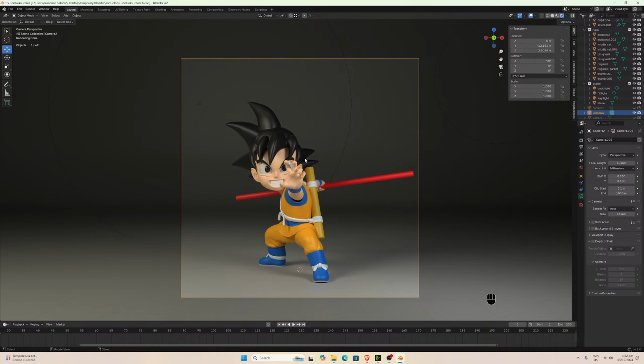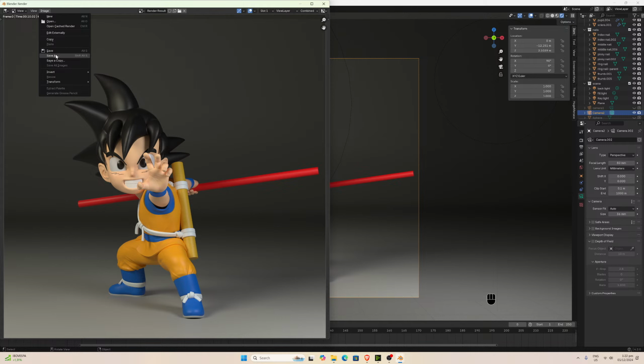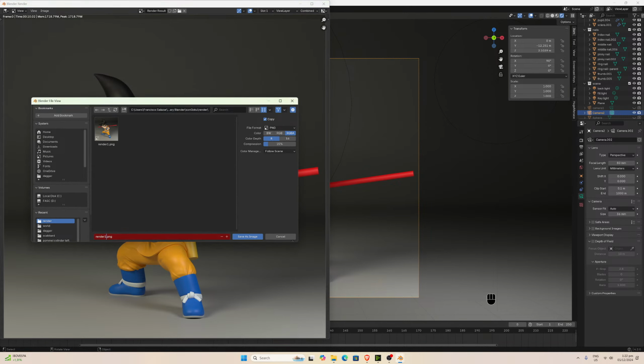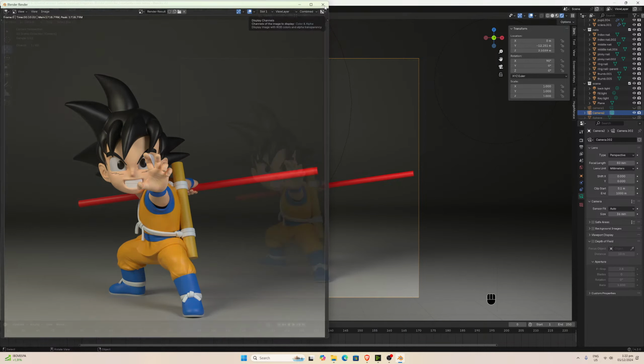Do the same. Go to render, the image. Okay, now we have an image. Save as render 2. Okay, now